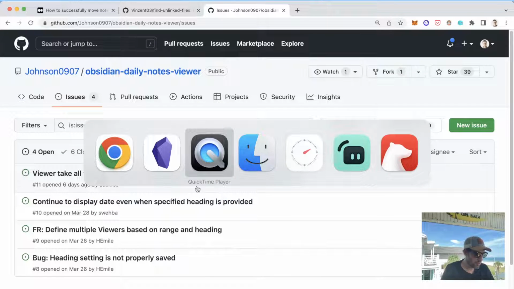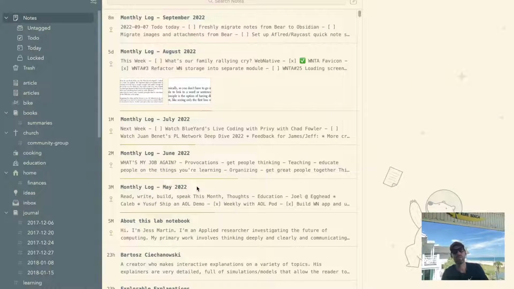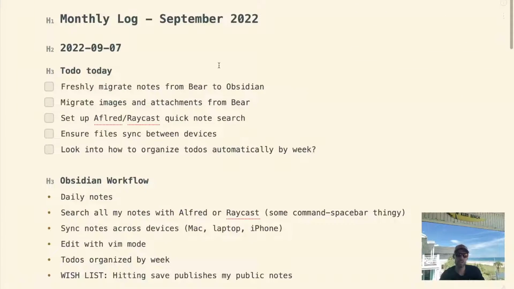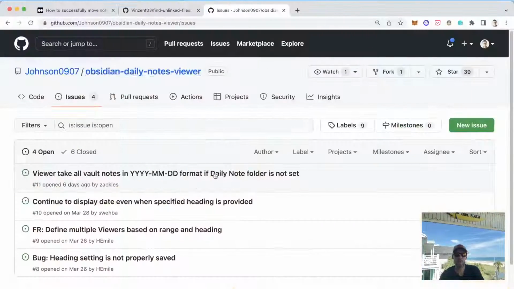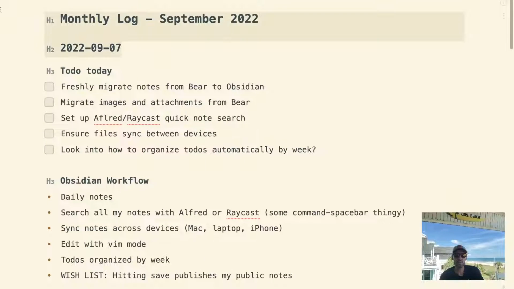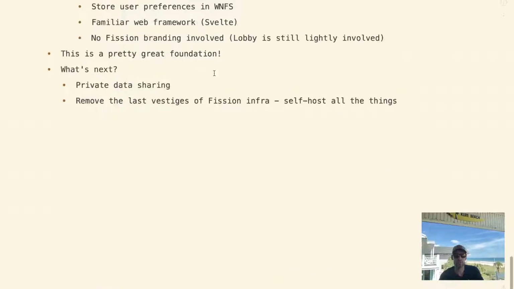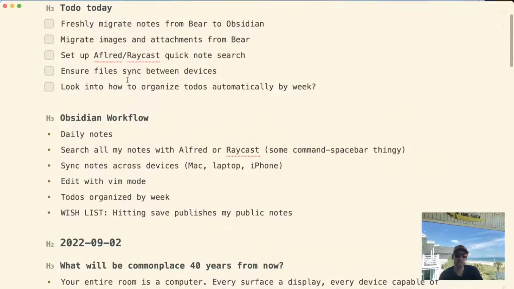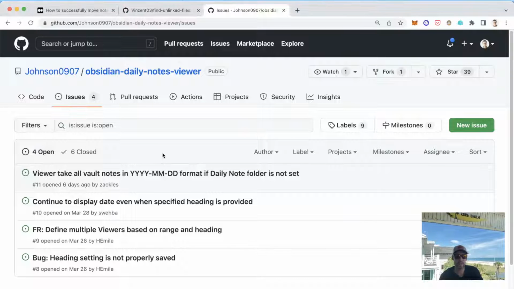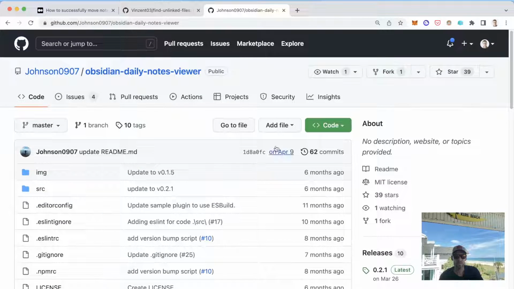Yeah, so the use case here, remember we talked about this at the very beginning of this live streaming session. Right now, I keep my daily notes subdivided by month. The reason I do that is it allows me to quickly scroll from the previous day to the next day, which is really useful to be able to copy things around, move things over, see what I did the day before, and have that ambient awareness of the things that were happening the day before. I'd love that same ability here, and it looks like this would give it to me, and I suppose there's no harm in trying it.